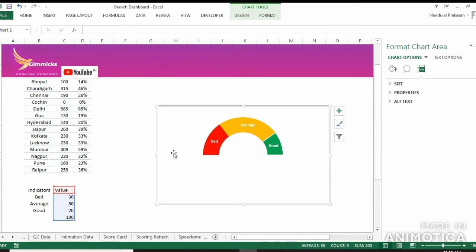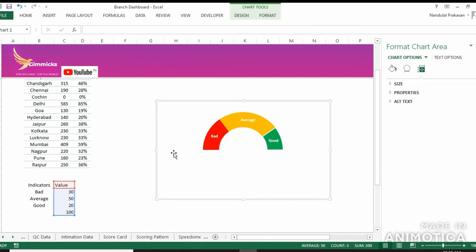So let's create the number indicators for the speedometer, or the value indicators.